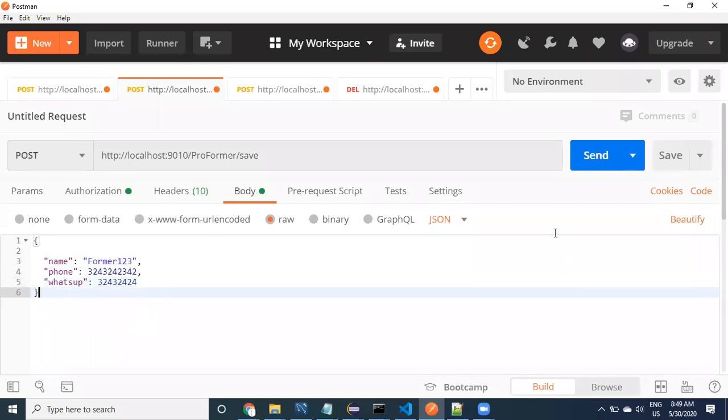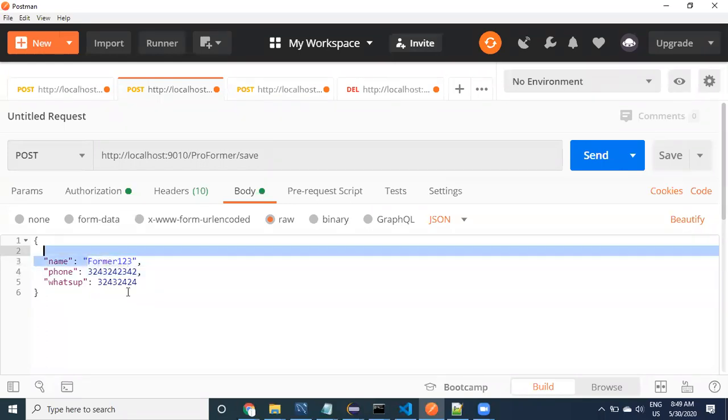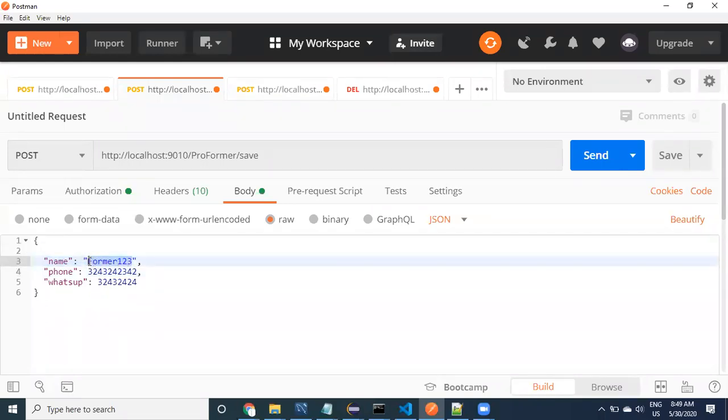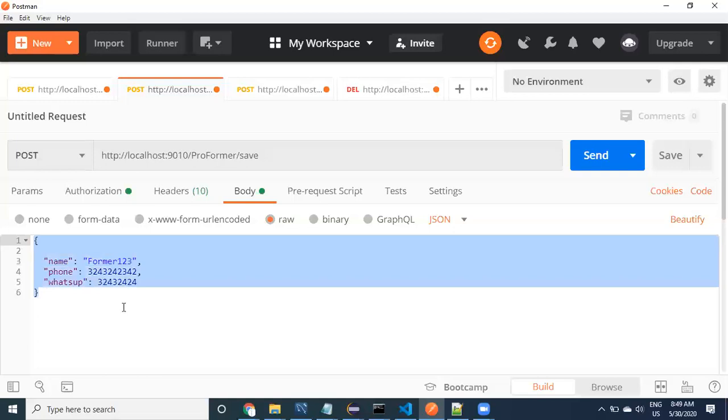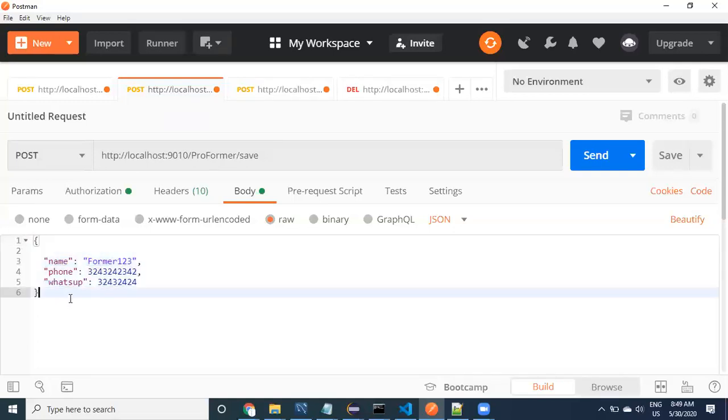Now, if you take like this and click on send, before sending, check it out. The method name, URL, and the JSON. From where I got the key and values? Values are not predefined. We have to provide our own values, but the keys are coming from where, guys? Swagger. I got it from Swagger. Let me click on send.